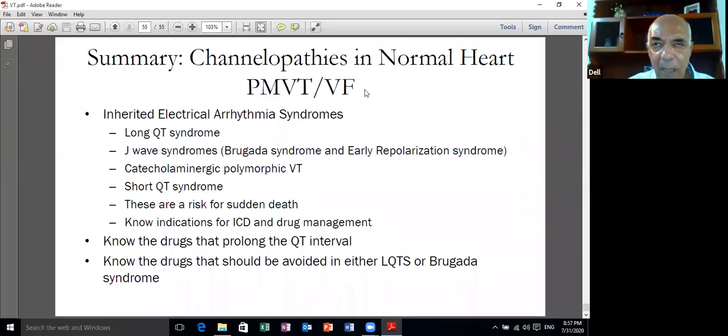Definitely after myocardial infarction, you have to wait for 40 days and then evaluate the patient for the indication of ICD. You might have an ischemic myocardium with an ejection fraction of 20, and after 40 days it came up to 40. So the patient is no longer an indication for an ICD. Unless